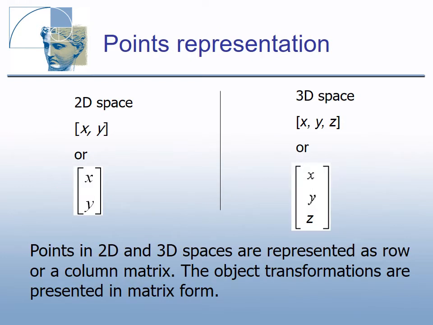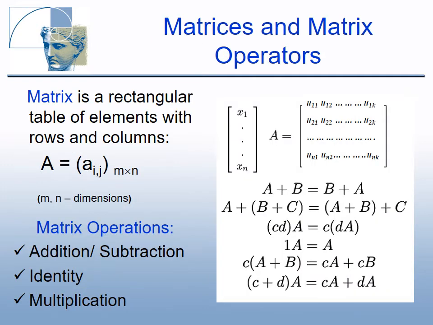Points in 2D and 3D spaces are represented as a single row or a single column matrix. The object transformations are usually presented in matrix form, so the basic matrix operations are recalled. Matrix is a rectangular table of elements. The horizontal lines in a matrix are called rows, and the vertical lines are called columns. A matrix with m rows and n columns is called an m by n matrix, and m and n are